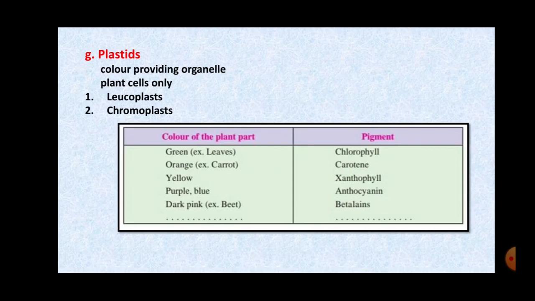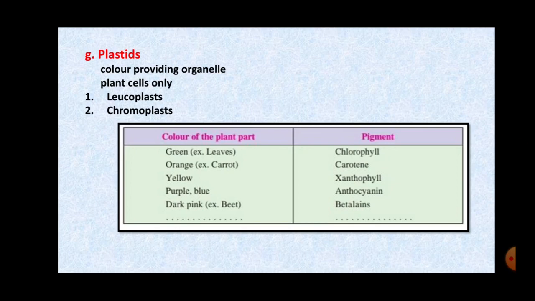Now as I told you, there are different pigments due to which different colors are given to the plants. Now first is chlorophyll, we know it is green and it gives green color to the leaves, to the stem, right? Then next is carotene. Carotene is a pigment which gives orange color, so it is present in the carrot. Xanthophyll pigment gives yellow color. Anthocyanin gives purple and blue color, and betalains give dark pink or purplish color, the color of the